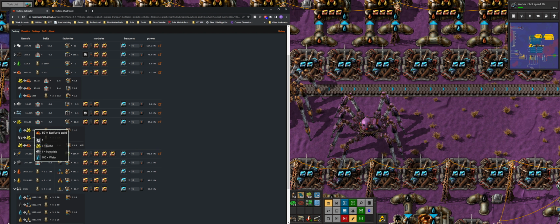See, I like this way because we can dispense with putting the sulfur on a belt. We just do that, and we take that from there, which in itself is a problem because there's sulfur coming out. Oh man, this is a problem. How do I get...